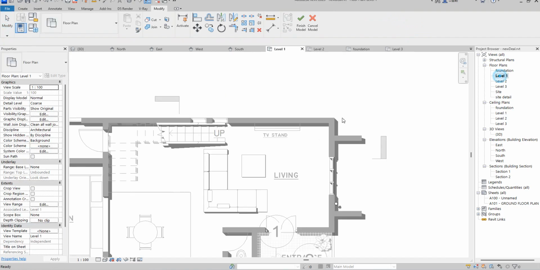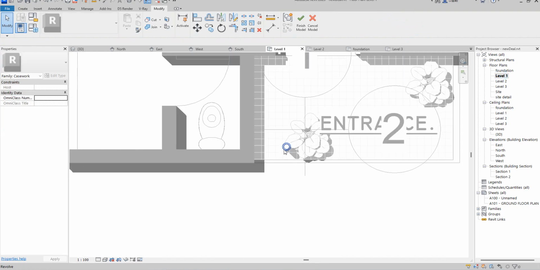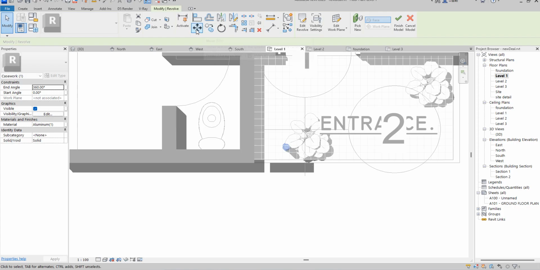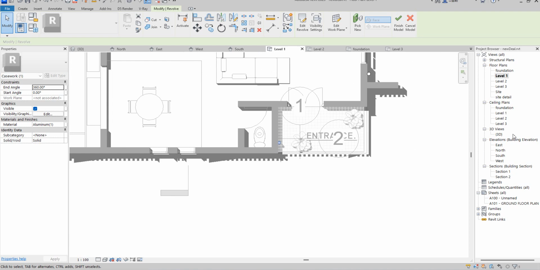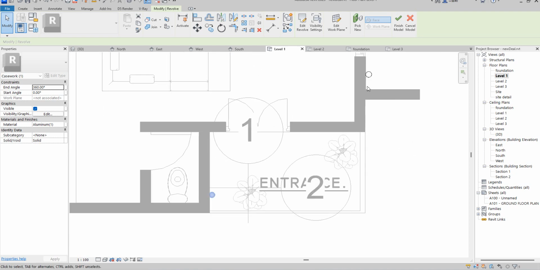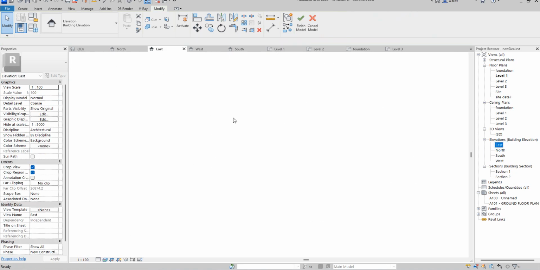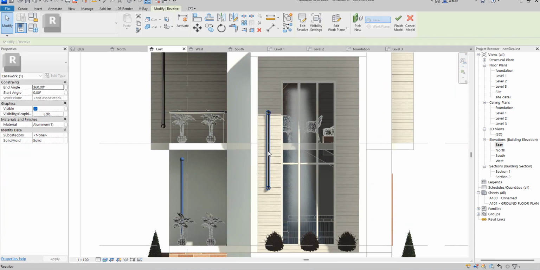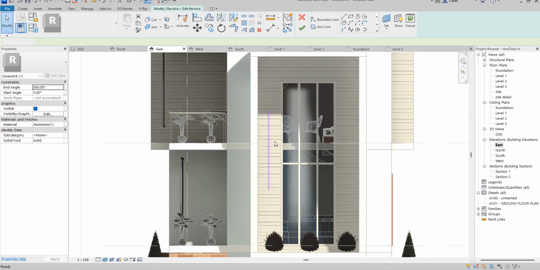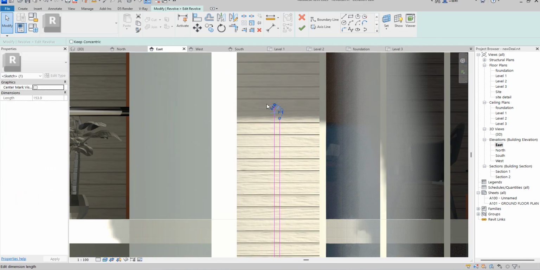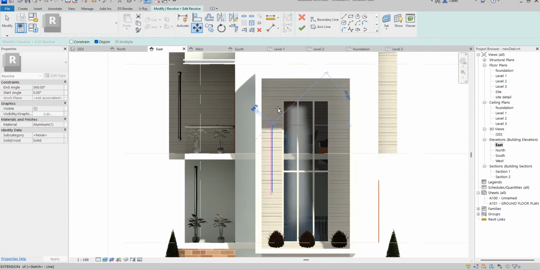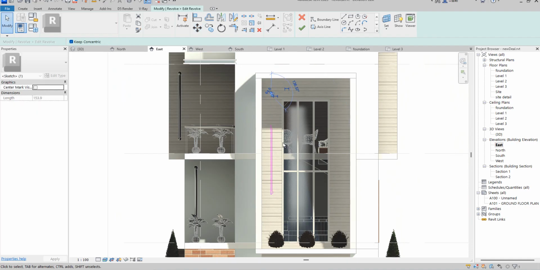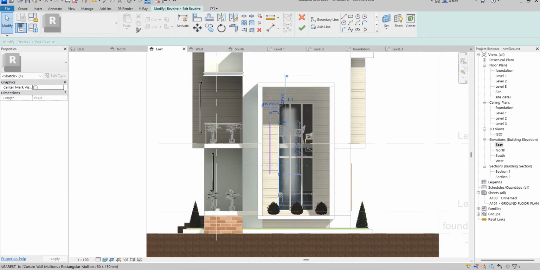So the level 1 is still there. So this one is coming off. I'll drag it to the inside. Okay, so for this 6 table here, we'll go to east elevation. So why this one is that I will need to edit it again. So where I'm editing it is that I want to take it to be more bigger. So I'll say move. So let it move to this point. So this one to